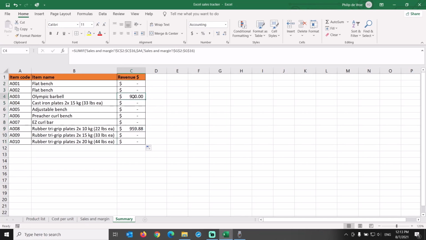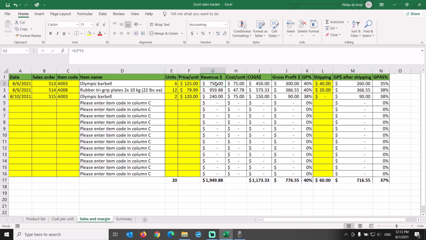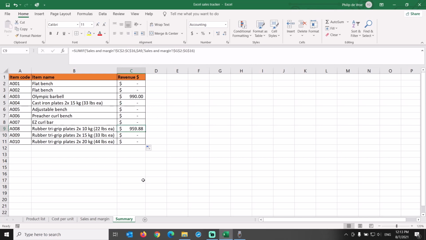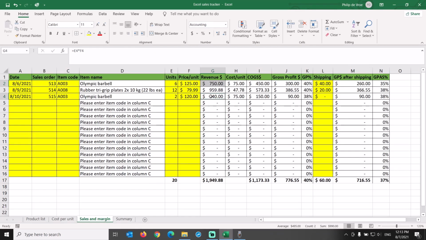However, if we copy the formula down the column, we see $990 in cell C4 for item code A003, which is the sum of $750 in cell G2 and $240 in cell G4 of the Sales and Margin tab. In cell C9, we see the same number as in cell G3 of the Sales and Margin tab.